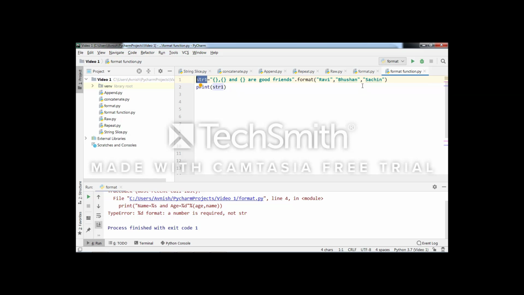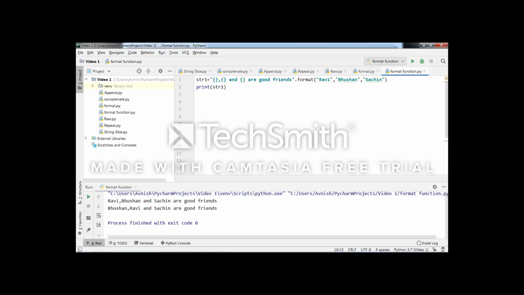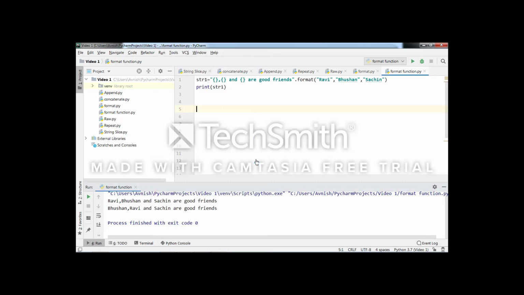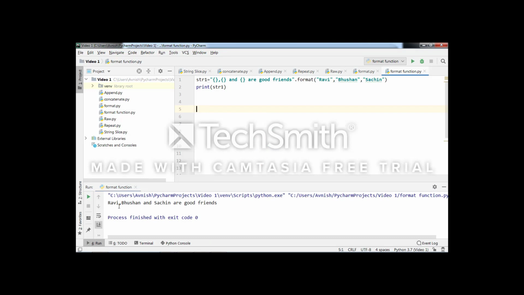Otherwise, Python will give us an error message. Okay, first of all, we will execute this code. See, the output is Ravi, Bhushan and Sachin are good friends. Here Ravi is placed in the first placeholder, Bhushan in the second placeholder, and Sachin in the third placeholder.